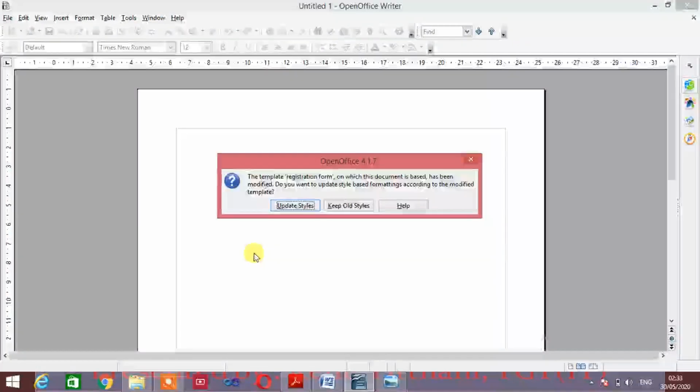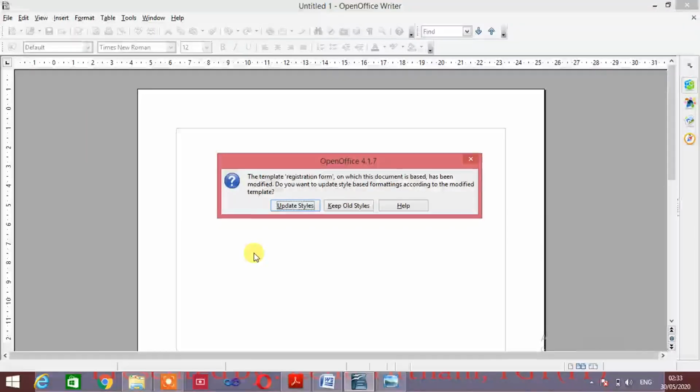When you click on the Open button, you will find this message: the template registration form on which this document is based has been modified. So on the basis of the template, the document will also be modified. Do you want to update the style? Only style and formatting will be changed, according to the modified template.